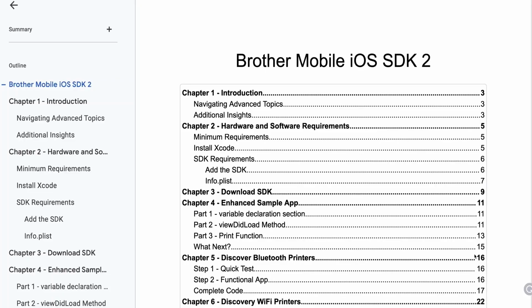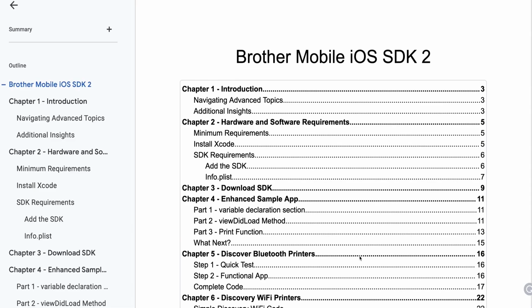Chapter 1 serves as an introduction, offering a roadmap for navigating advanced topics and providing additional insights. Chapter 2 delves into the hardware and software requirements needed for development, detailing minimum system requirements, the installation of Xcode, SDK requirements, and the process of adding the SDK and setting up InfoPlist. Chapter 3 and Chapter 4 guide the reader through the SDK download process and the development of an enhanced sample